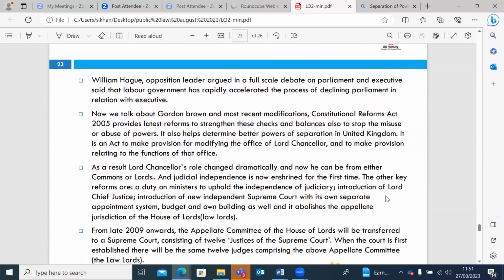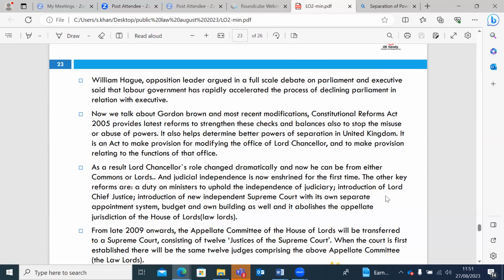William Hague, opposition leader, argued in a full-scale debate on Parliament and executive that the Labour government has rapidly accelerated the process of decline in Parliament in relation with the executive. Now we talk about Gordon Brown